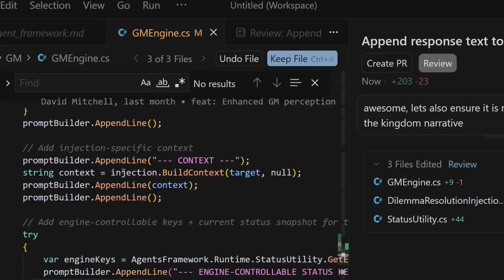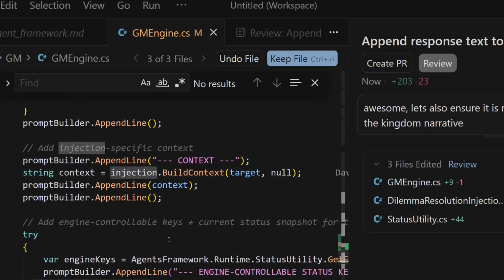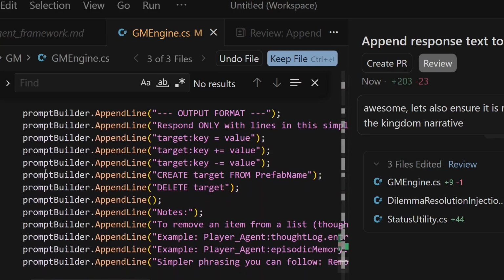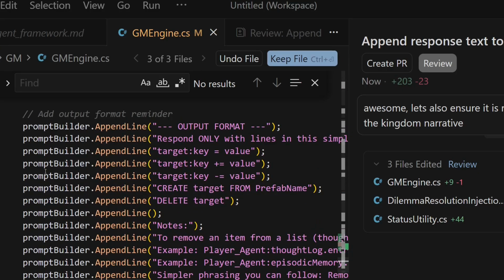And then there are specific prompt injections. You can see here the prompt injection right here. And these specific prompt injections include the specific instructions for what the Game Master should be doing at the time. So for memory creation, there's a specific prompt injection saying that it should create new memory episodes after being fed a whole bunch of statuses that represent the short-term memory of the agent. And then it can automatically create these episodic memory statuses, and then they're stored on the character and then are read from the character in the process of the prompt generation for that character. So this is an example of the Game Master code.